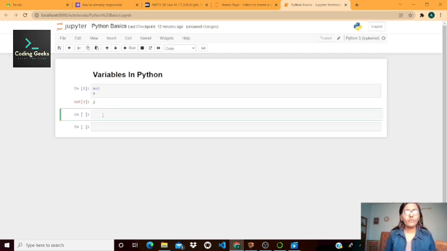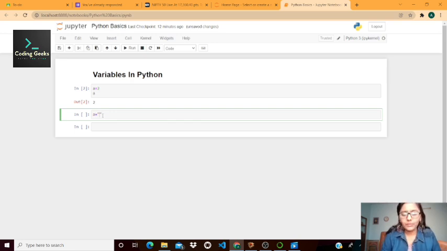In Python you don't have to declare any kind of data type. Like in C programming, you have to declare what kind of data type the variable has. In Python, you don't have to specify any data type.